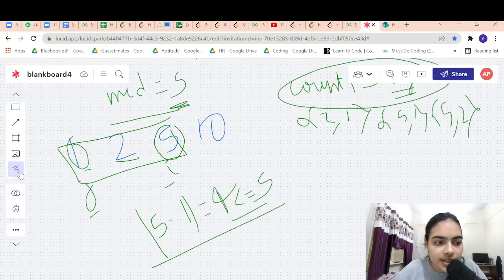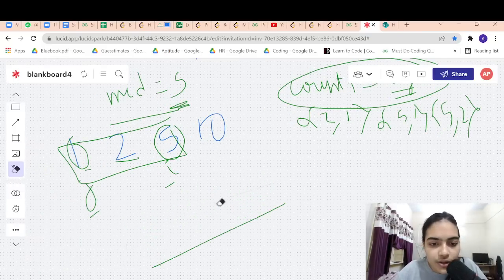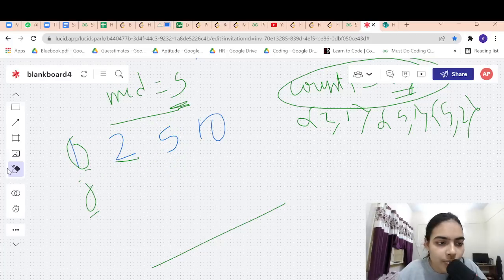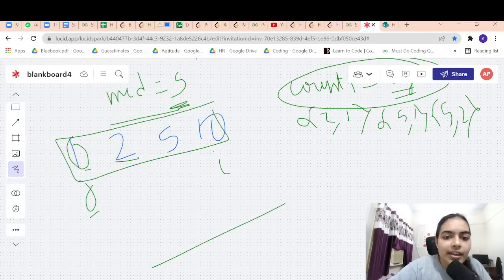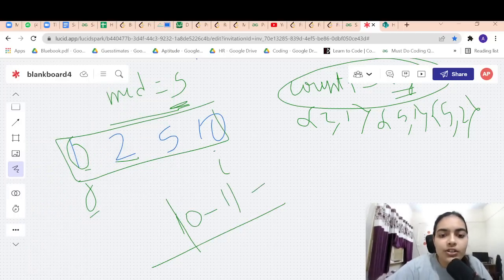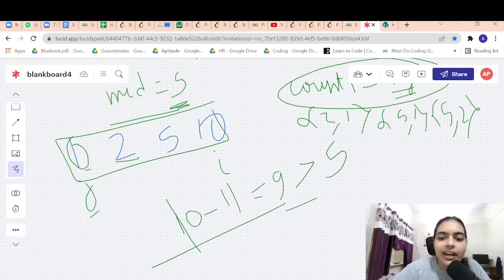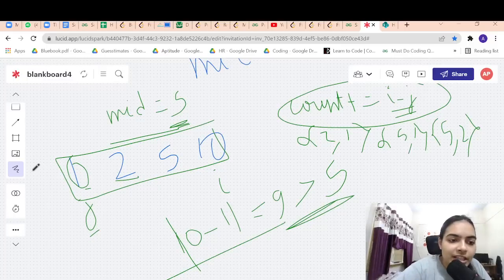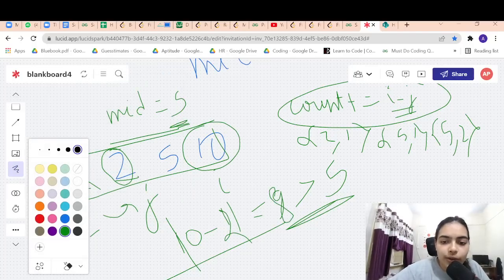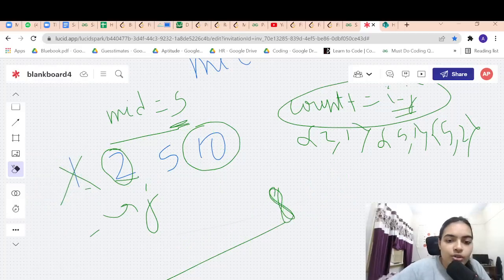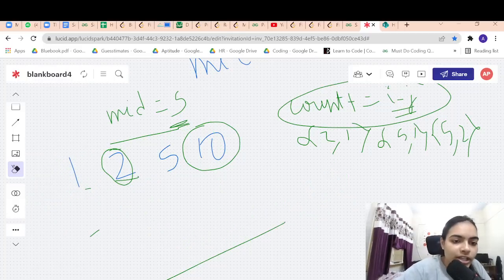this condition is getting satisfied right now, so it's okay, but let's expand the window now. So we are expanding the window. So you have I here and j here. So 10 minus 1 is equal to 9. Now 9 is becoming greater than 5. That means you can increment your j pointer. So j will come here. J will get incremented, right? Now you can check for 10 and 2 again. So 10 minus 2 is equal to 8. 8 is still greater than 5. So what will you do? You will again increment your j pointer.